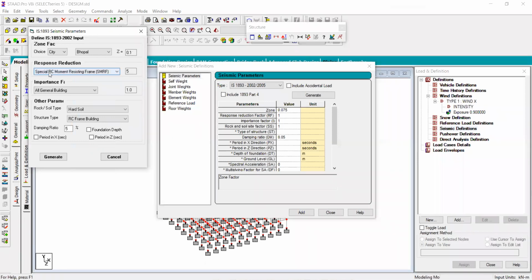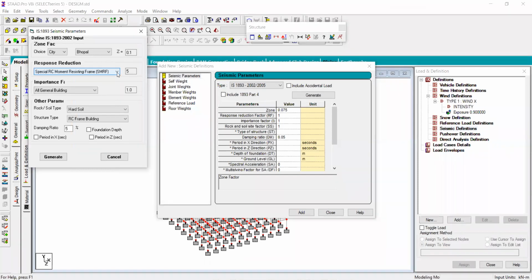Again, putting the response reduction factors, we have already discussed that when you go for the design of the building, you decide how the load will be transferred. It may be transferred by the load bearing wall, by the shear wall, by the frame structures, or by the special resisting frame structures.